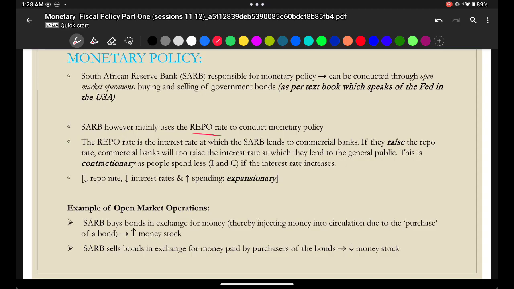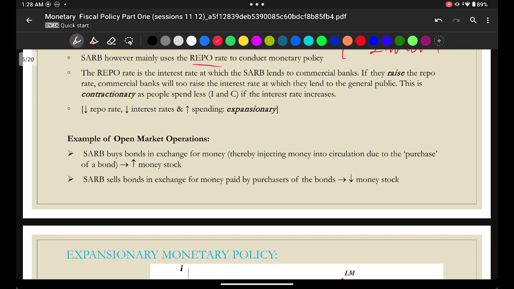So all you have to know is this. If the South African Reserve Bank increase the repo rate, our interest we pay for loans in our normal banks, ABSA and all, are going to increase. And if our interest increases, what happens to the aggregate demand curve? Think it's going to shift. It's going to shift to the left, negative, because interest reduces our investment, right? We know that equation, I is equal to I minus BI. So, yeah. If you never watched that videos, make sure you watch my previous video.